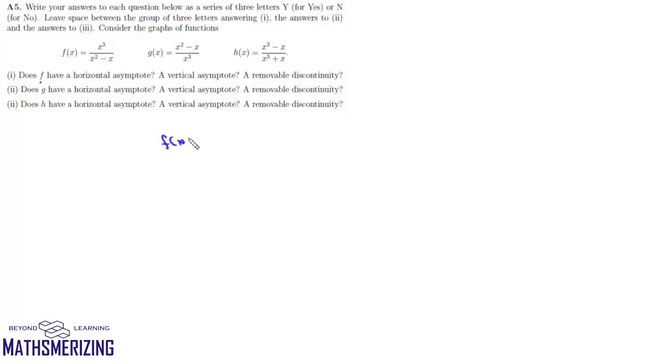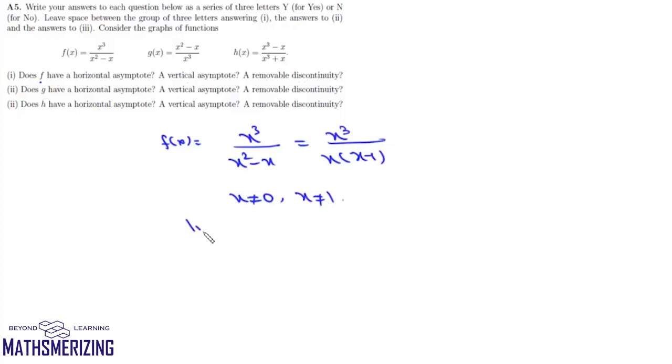Now if we look at this function f(x), it is x cube upon x square minus x. Now we'll take x common, so we can write x cube upon x into (x minus 1). Now this function is not defined at x equals 0 and x equals 1. Now we'll take this limit, x tends to 0, f(x). This limit will be, now here x and x will cancel, so it will be 0 upon minus 1. So this value is 0. And then the limit x tends to 1, f(x), this value approaches infinite.